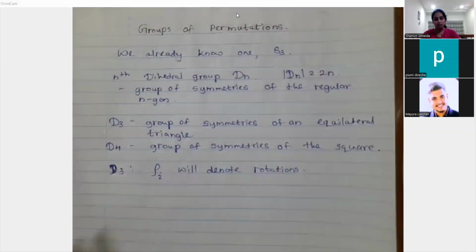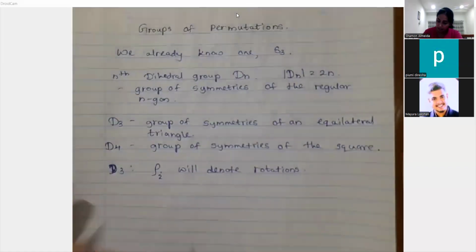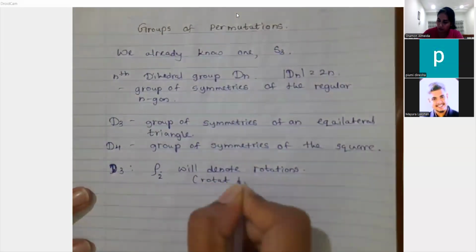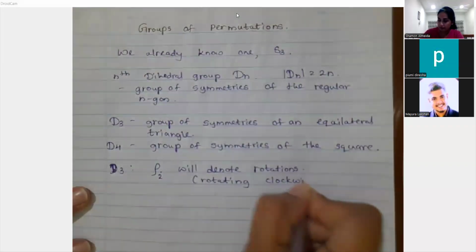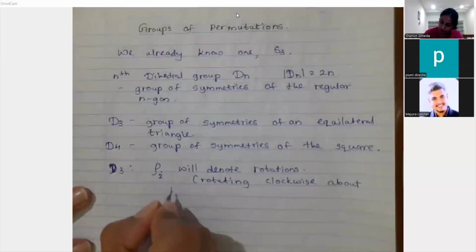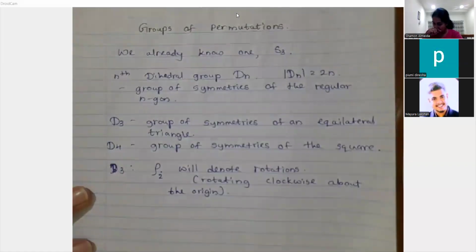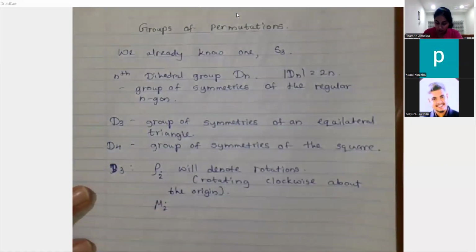So we are actually rotating clockwise about the origin, right? Let me write it: rotating clockwise about the origin, right? Then let's take mu i to be